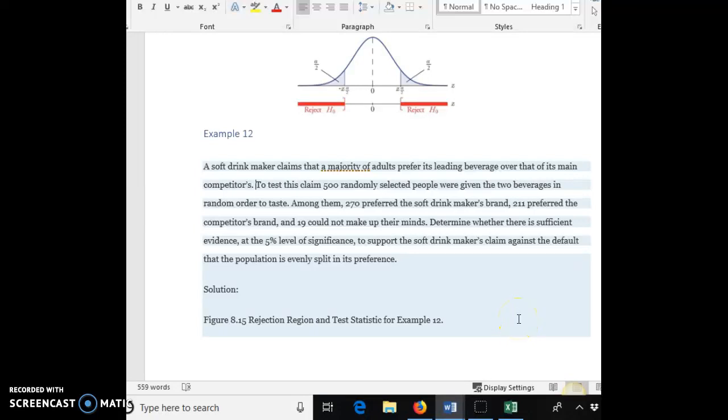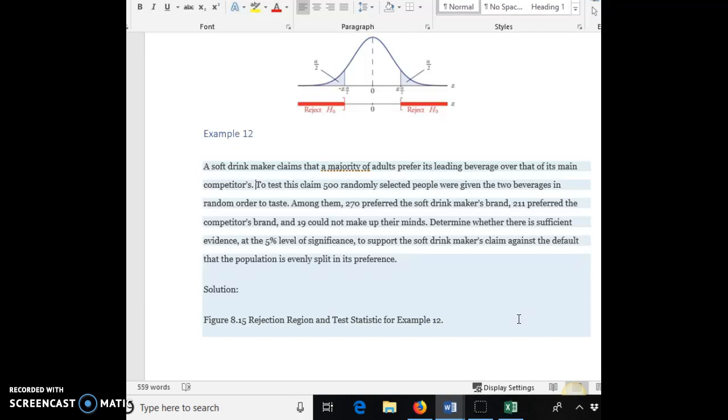Let's look at example 12. A soft drink maker claims that a majority of adults prefer its leading beverage over that of its main competitors. To test this claim, 500 randomly selected people were given the two beverages in random order to taste. Among them, 270 preferred the soft drink maker's brand, 211 preferred the competitor's brand, and 19 could not make up